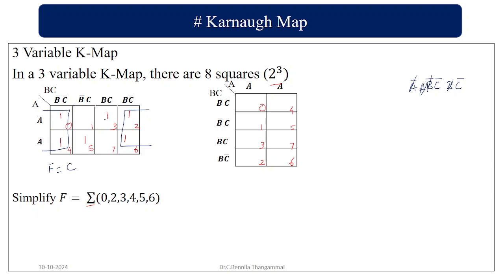Then what else is possible? Here I can go for a pair. So here it is going to be A bar B C, A bar B C bar. So the C bar, C get cancelled with each other. The left out value is going to be plus A bar B. And then again I have one more, so I can go for this. So this is going to be A B bar C bar, A B bar C. So the C bar, C get cancelled with each other. I can have it as A B bar. So your F value is going to be C bar plus A bar B plus A B bar.